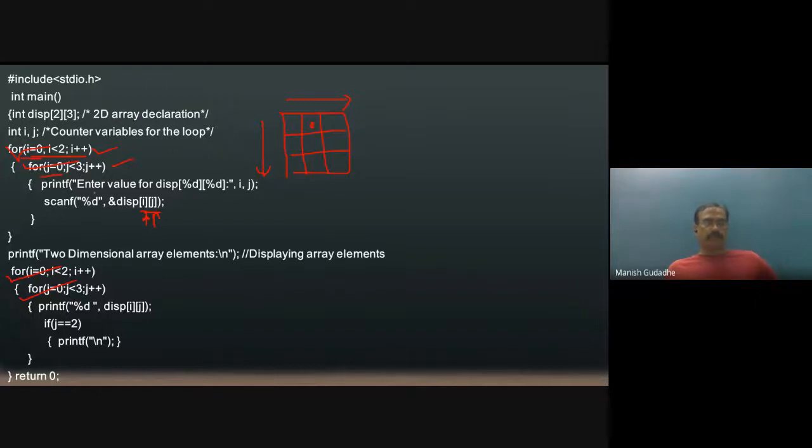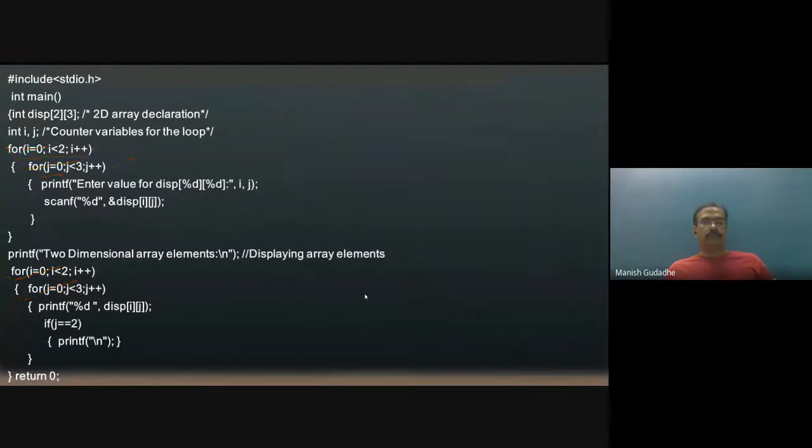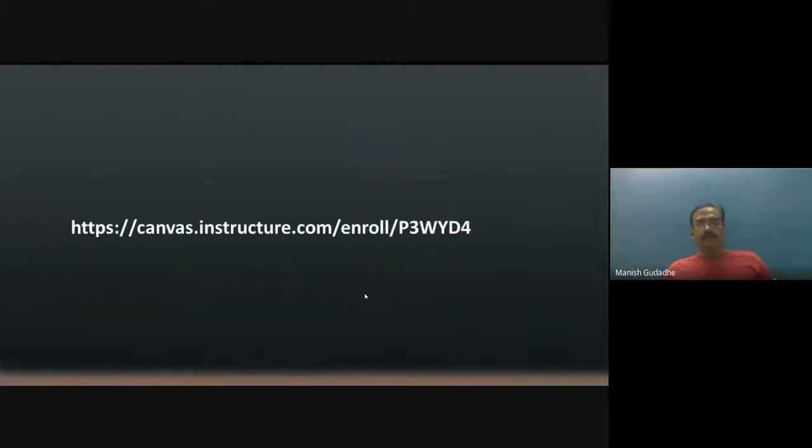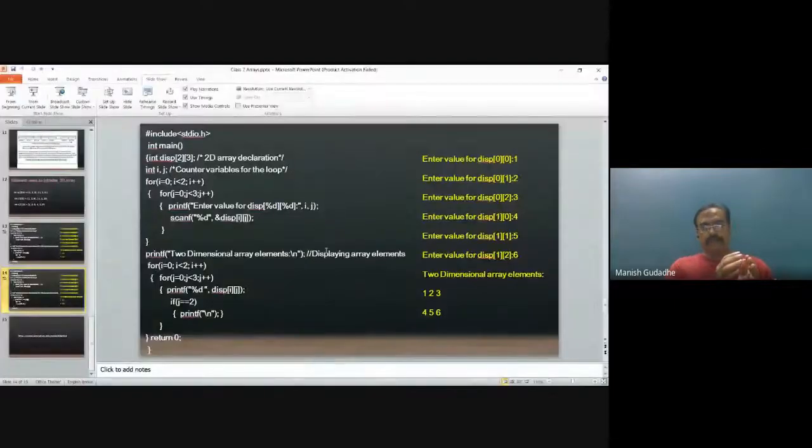So this is going to take six elements, like this, 1, 2, 3, 4, 5, 6, and it is going to print the array in this way. So these are the two things which I just want to recall. And today we'll discuss few programs, four programs rather, illustrating 1D array and 2D array. So I'll share another screen.